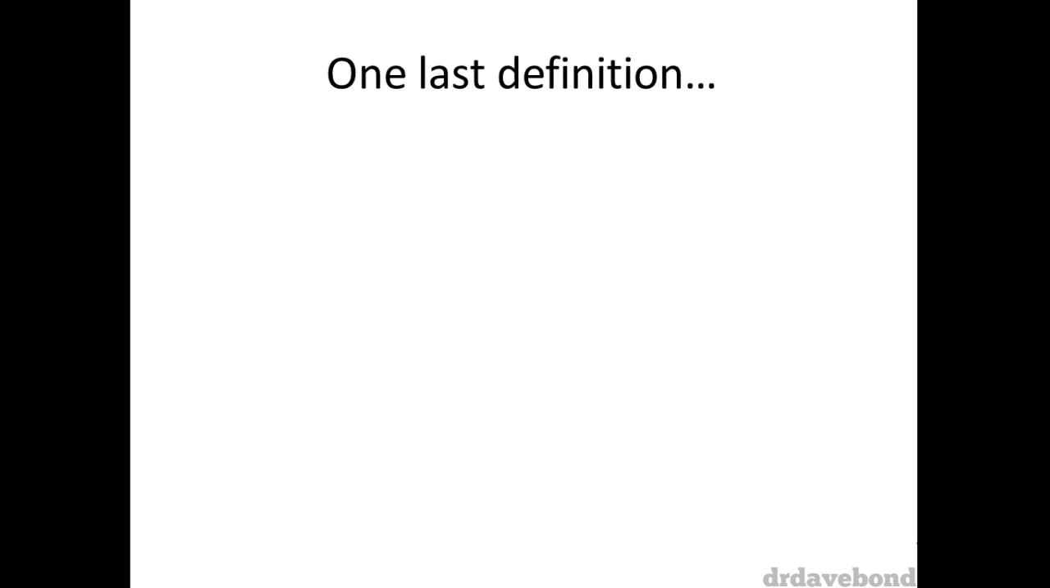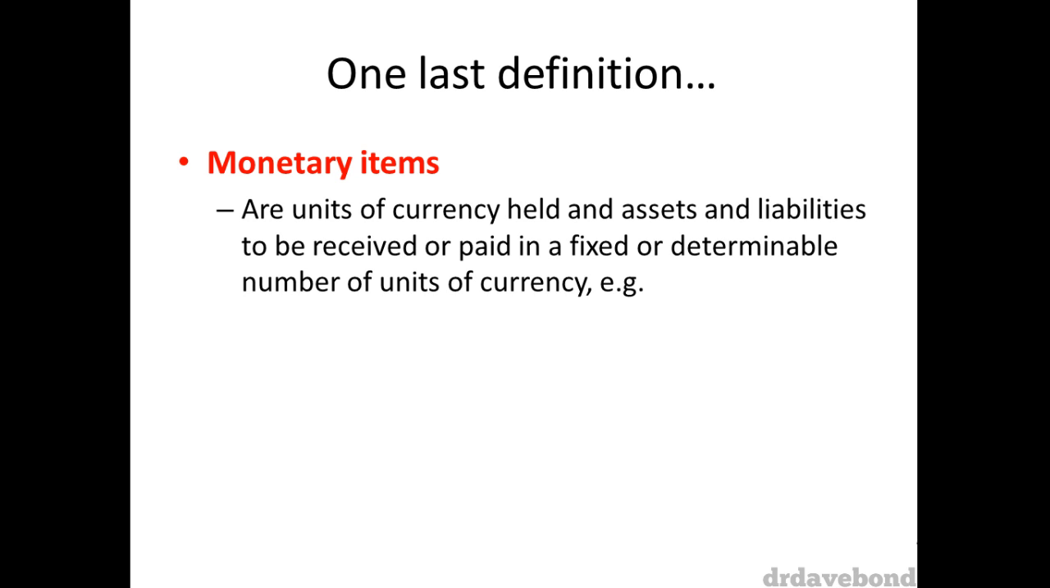Before we head off and look at how we account for the subsequent impacts of changes in foreign exchange rates, we need to check out one more definition, which is what a monetary item is. This is important because an item's status as a monetary or non-monetary item affects how it gets accounted subsequently. Monetary items are units of currency held and assets and liabilities to be received or paid in a fixed or determinable number of units of currency. So for example, cash, accounts payable, accounts receivable, or loans. We'll look first at the subsequent